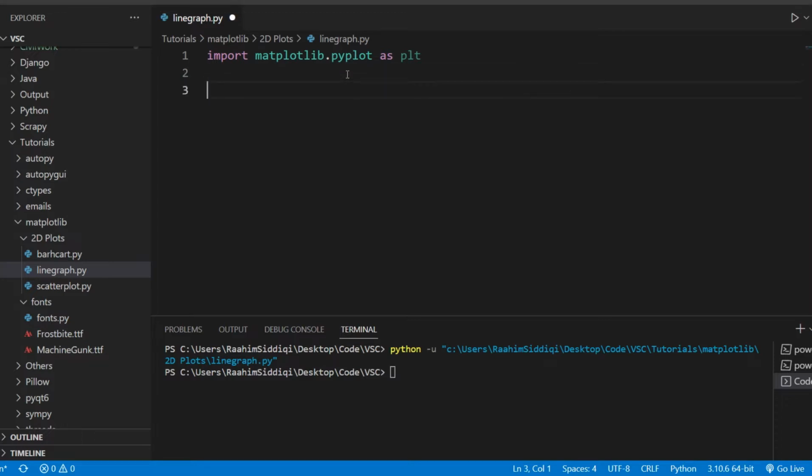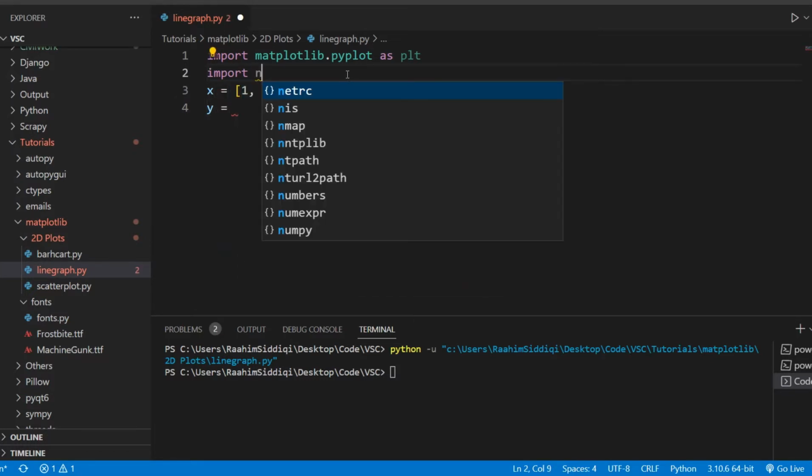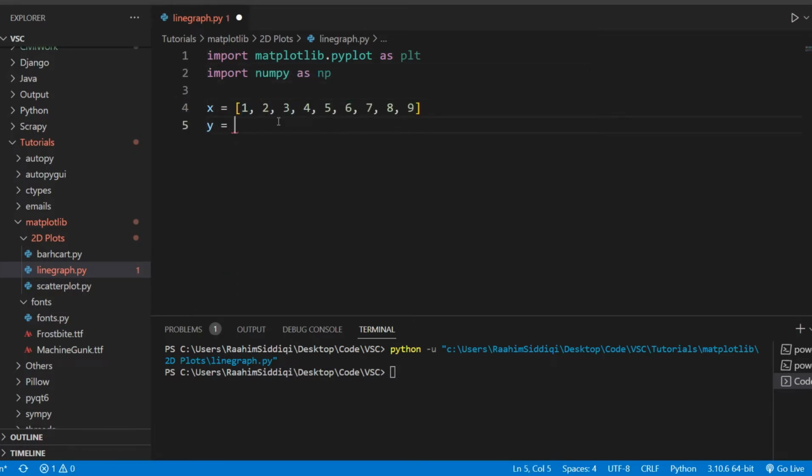So most importantly, we need our data first. So let me just type in some random data here. X can be all the way from 1 to 9. Okay, and for the y values we can just generate some random data. Okay, I'll import numpy as np, then we'll just plot in some random data. Okay, so something like